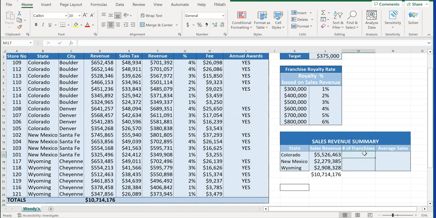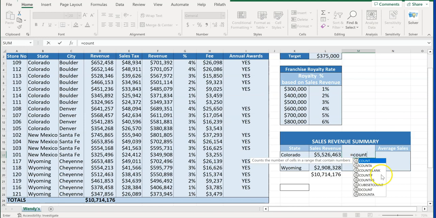Number 4 is we're going to use the COUNTIF. So different than the count function, which is we're just going to count everything, we're going to count this based on a condition. So starting in cell M17, enter a formula that displays the number of stores in each state using the name range states in the formula. So very simple. It's not going to ask us two things like we did before. It's asking us the range, and then the criteria, and then the sum range. This is very simple. It's just going to ask us two things: COUNTIF,